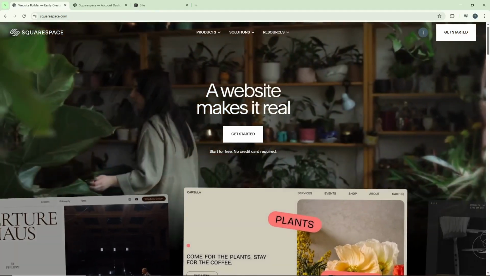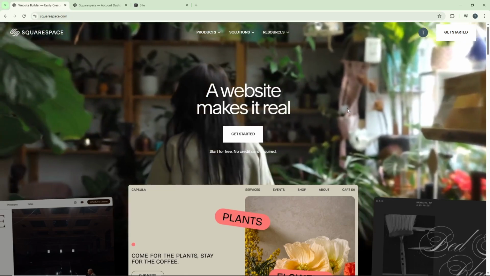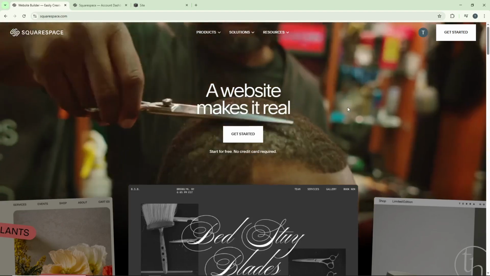Welcome back, everybody. Today, I'm going to teach you how to hide category in Squarespace. This is particularly useful when you want to streamline your product pages and create a cleaner, more minimalist look for